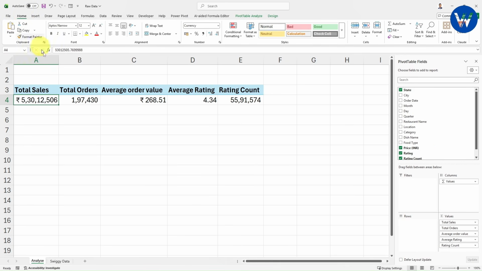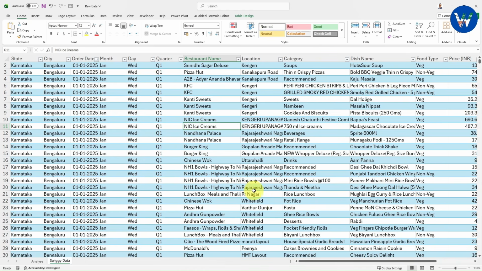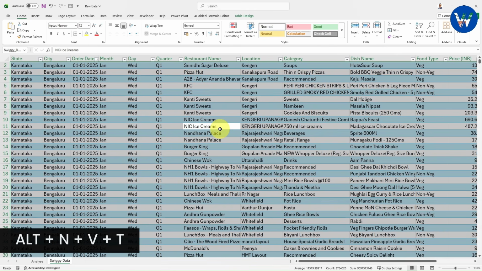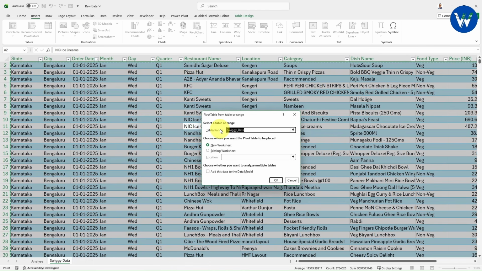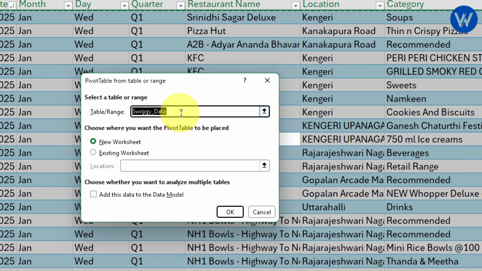Now what I will do, look here guys, I will go to the Swiggy dataset. Now we need to find the monthly sales visual. It is very simple. First you need to create one pivot table. Let me show you. Press Ctrl+A on the keyboard, as I already showed you previously. Now instead of doing it manually, I will show you a shortcut key to create a pivot table. It is very simple. Press Alt N V T on the keyboard. Once you press Alt N V T, you will get the dialog box, right? The table selected is the Swiggy data.